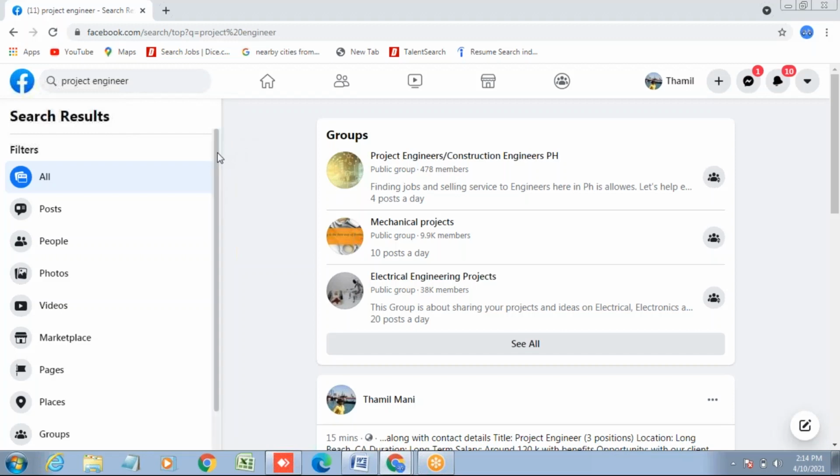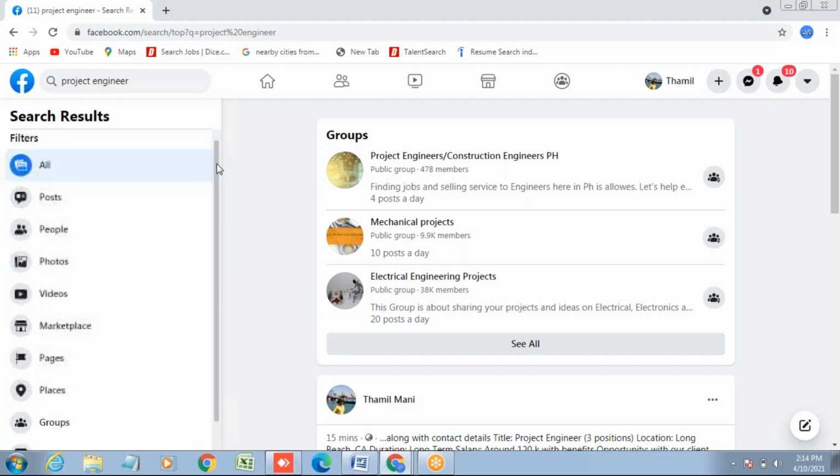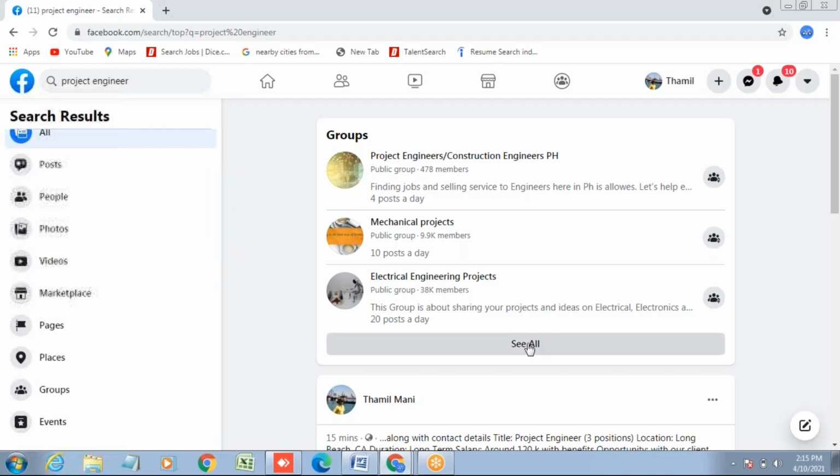So you have project engineers, construction engineers, mechanical projects, electrical engineering projects, right? Yes, sir. So the first one is related with construction, only 478 members. The next one is 10K members, mechanical projects, correct? But the number of posts are less. Okay, click that. See whether any chemical related industries are there. The third one is electrical engineering.